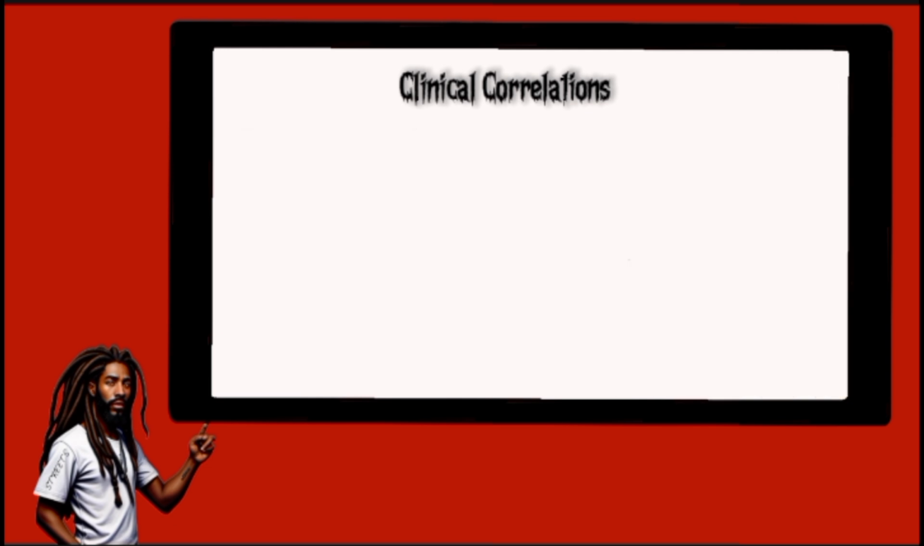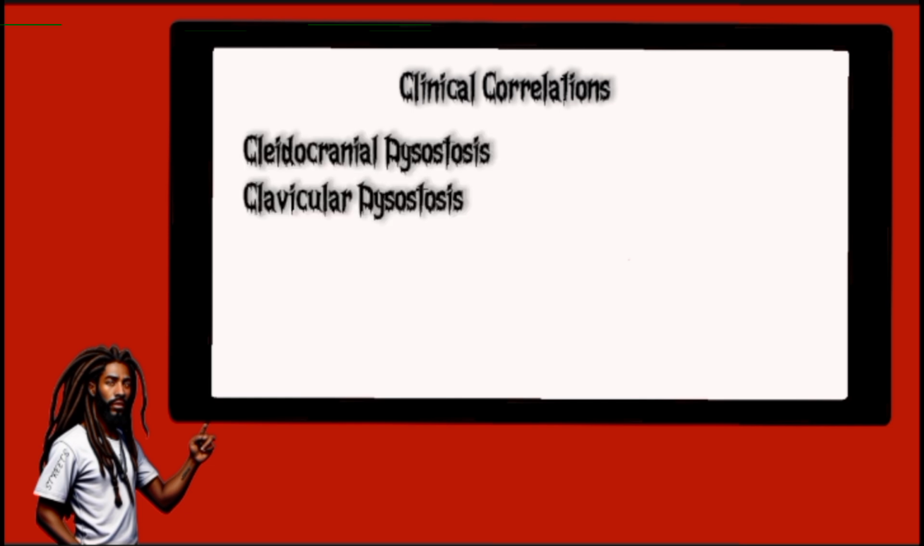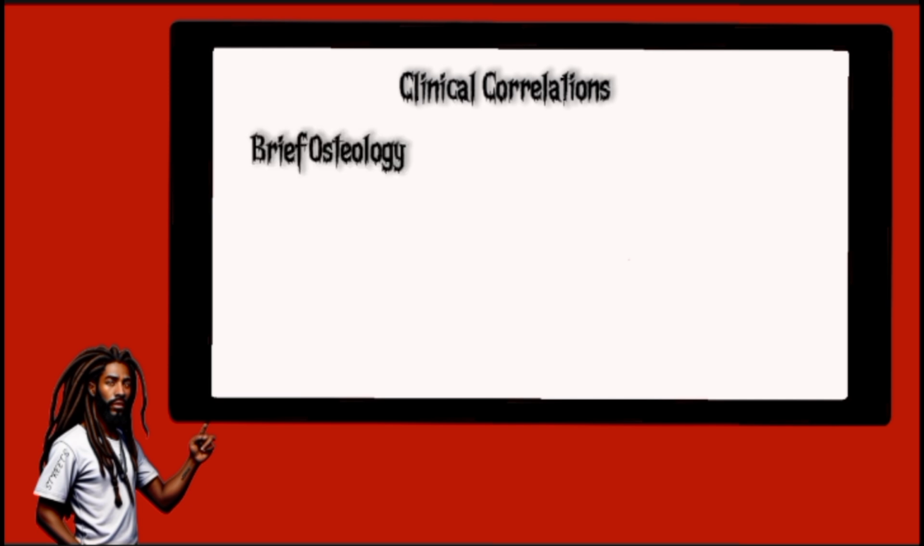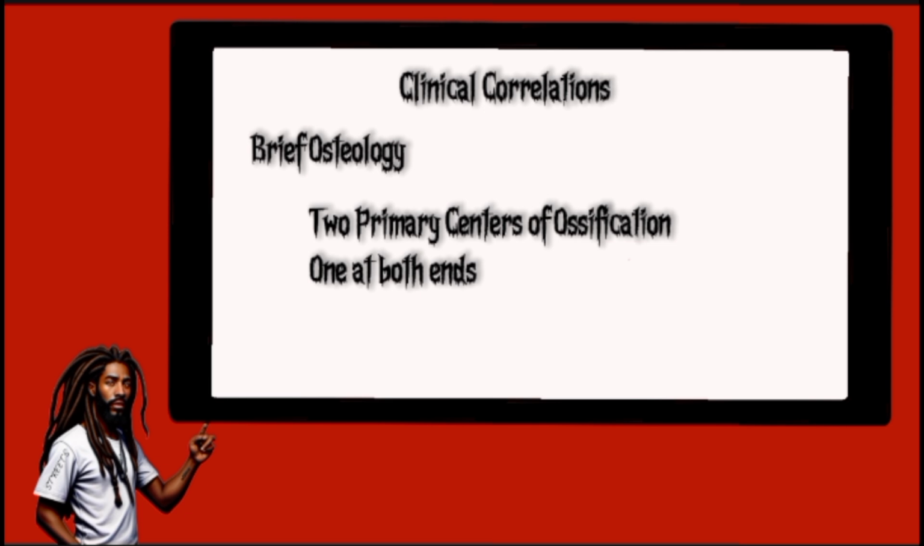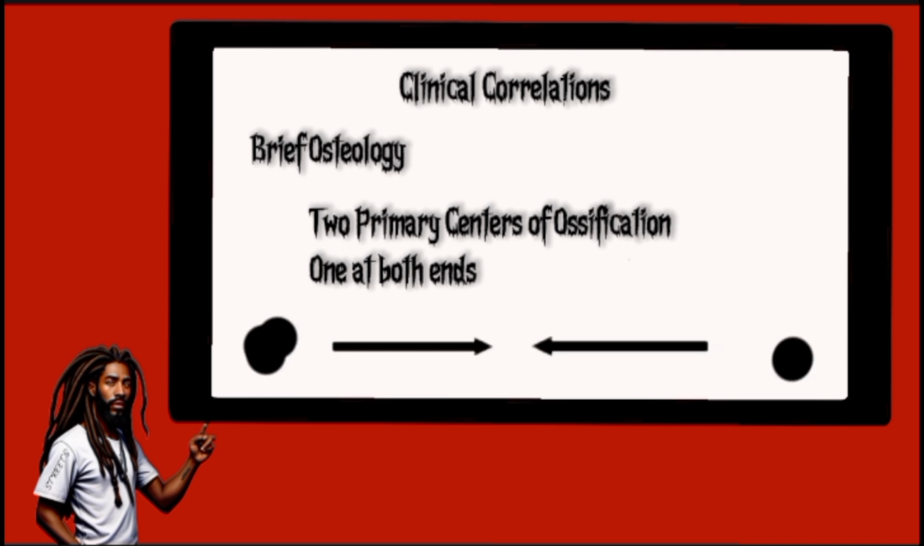Also next we have other clinical correlations like cleidocranial dysostosis and clavicular dysostosis. However, before that, let me tell you a small story. When the clavicle begins to develop, it has two ossification centers, one at each end. We have the medial and the lateral. Cool. So these two centers that have appeared are supposed to grow towards each other to make the bone complete,